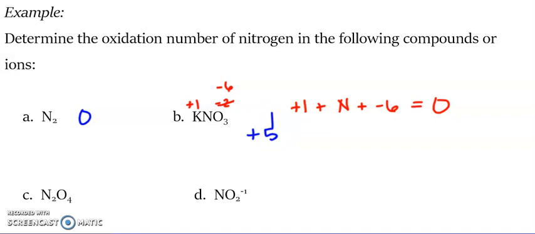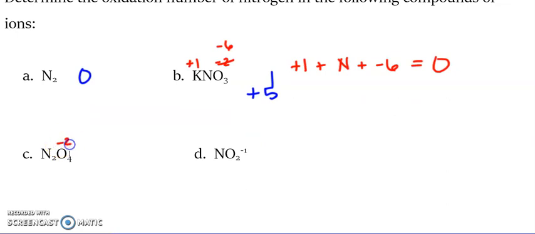All right, so the next one, N2O4. So in N2O4, I have oxygen, which is a -2, and I have 4 of them. So times 4 would be a -8. All right, so my overall charge is 0. So I have 2 N's. So 2 times whatever N's charge is,